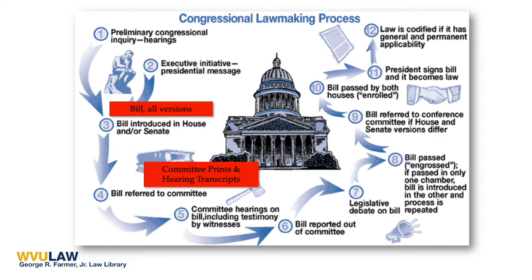Committee prints are prepared by committee staff with the purpose of informing the committee on the issue at hand. This speaks to what the committee knew at the time and can be a helpful source of background information, history on a given issue, and especially relevant statistical information that's otherwise hard to research. Committee reports are the most important and most persuasive piece of legislative history. Committee reports articulate the rationale of the committee's recommendation, as well as containing the text of the bill. Committee reports may come from either the House or the Senate committees.